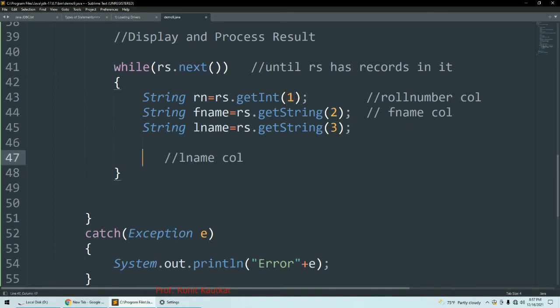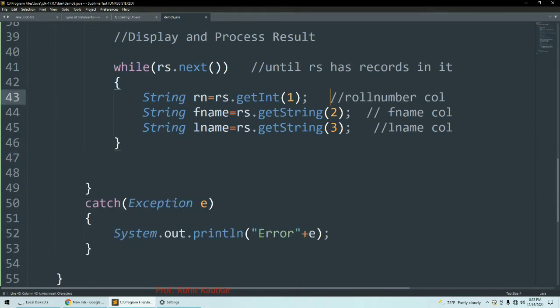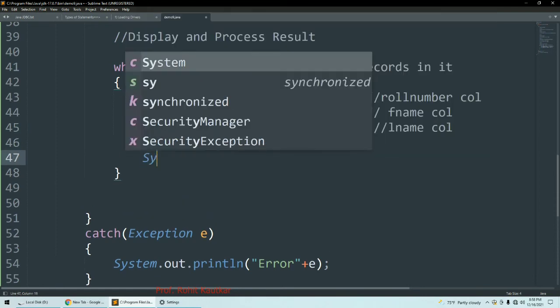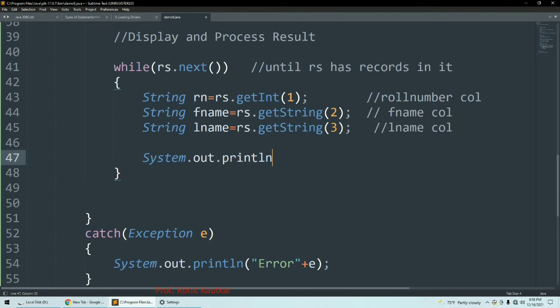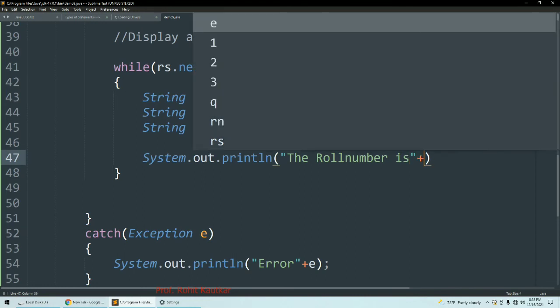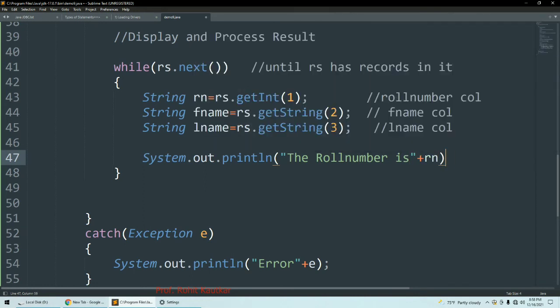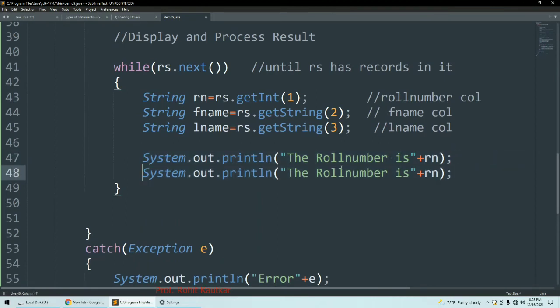Now we will print all these values. For that I will write System.out.println, and here I will write "The roll number is" plus roll number. This is the first statement for printing the roll number. Now I will duplicate this, and here I will write "First name is", and what is our first name? fname.